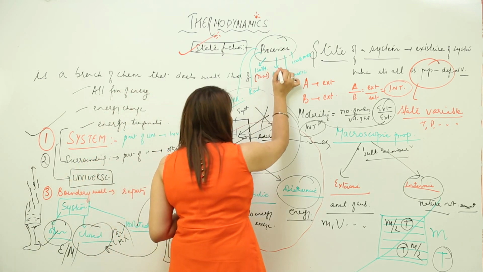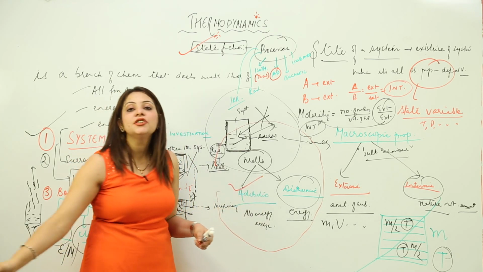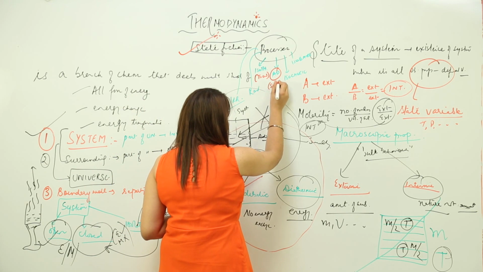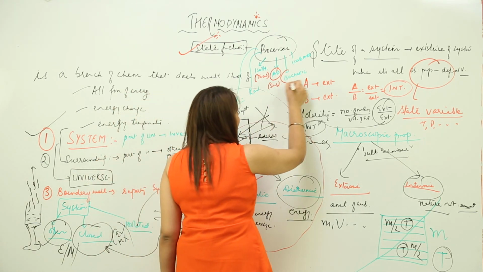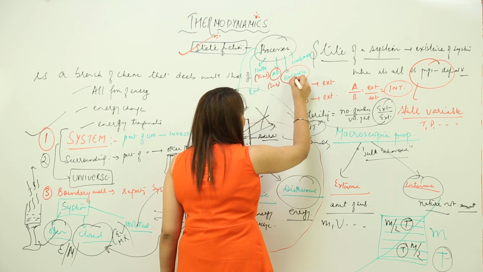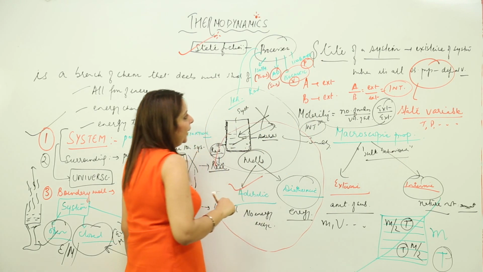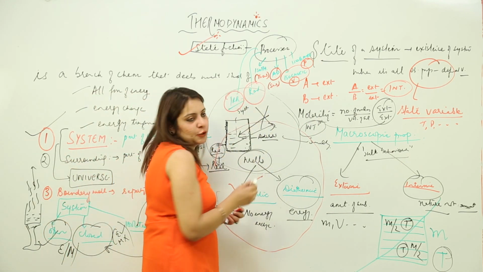And when we talk about adiabatic, we already did it here. No energy exchange takes place, that means the energy is going to remain the same. That is an adiabatic process. Isochoric is a process occurring at constant volume. Isobaric is a process occurring at constant pressure, right? So now we are concerned with reversible and irreversible processes.